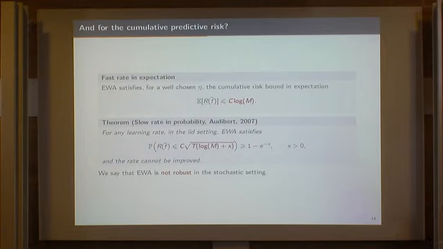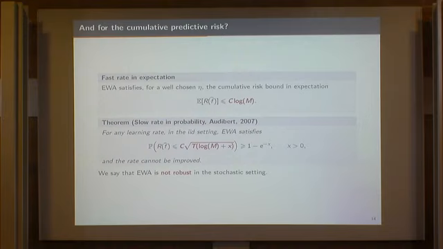Because think of an IID sequence, centered. Then in expectation it is always 0 when you take the cumulative sum. But of course, the random walk is completely divergent. So it's clear that an assumption like this one, only in expectation, does not give you any detail about the deviation of